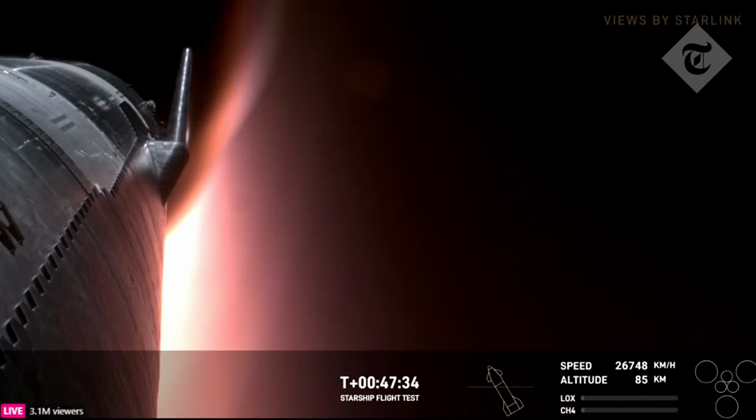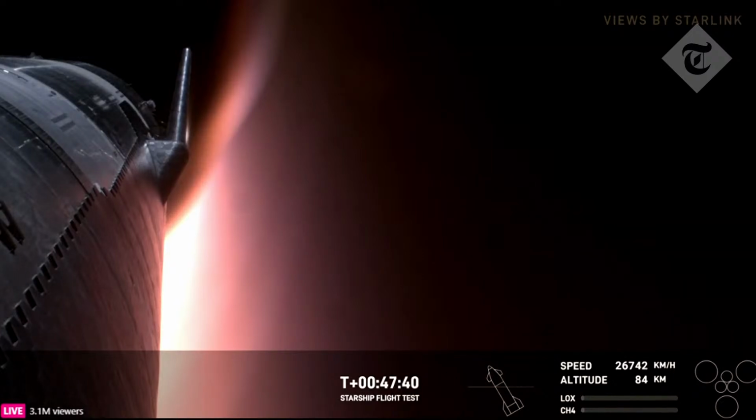And as you can see, even from the beginning of the program, we've designed Starship to land on Mars where there are no runways or other humans to help out. We also want rapid reusability, so we're doing...